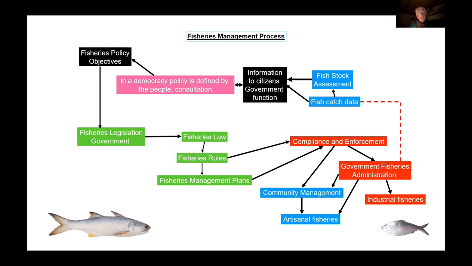So for the process that's being gone through in Bangladesh at the moment, Bangladesh being a democracy, the information is gathered for citizens to consider how they would like to see their fisheries managed by their government. These objectives are put together through a consultation process and create the objectives for fisheries management. The policy, which we'll look at in a moment, by Bangladesh from 2006 is very well set out and has an important set of priorities.